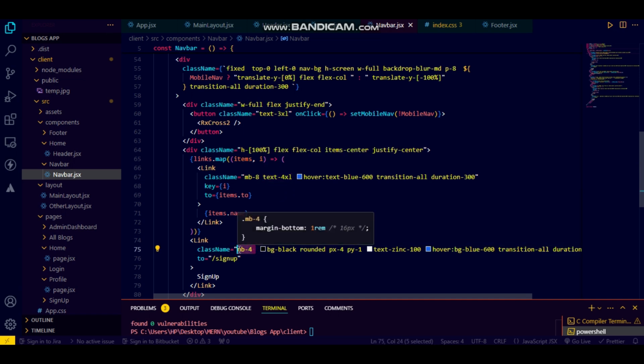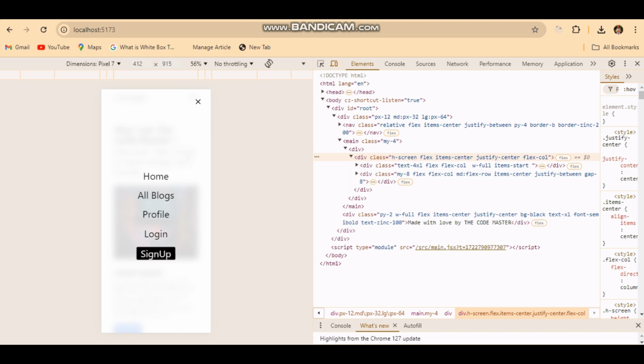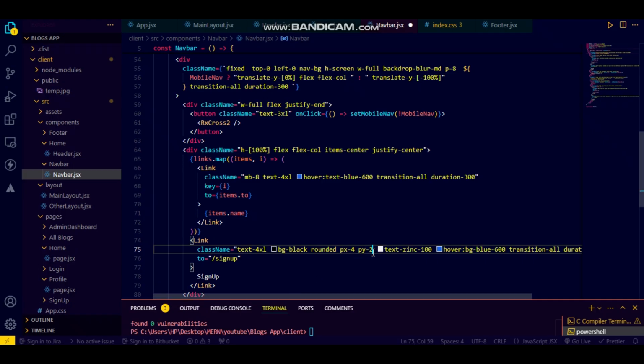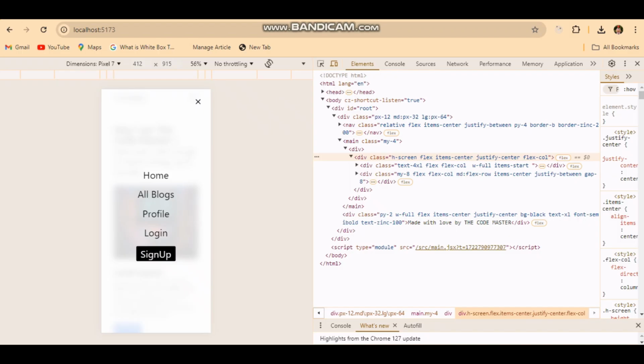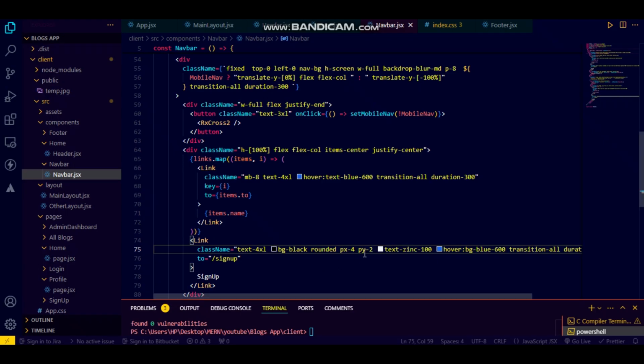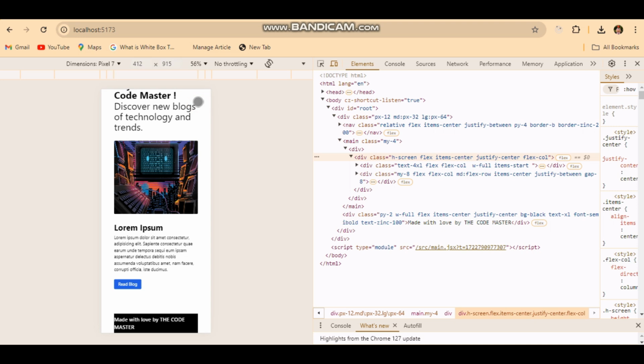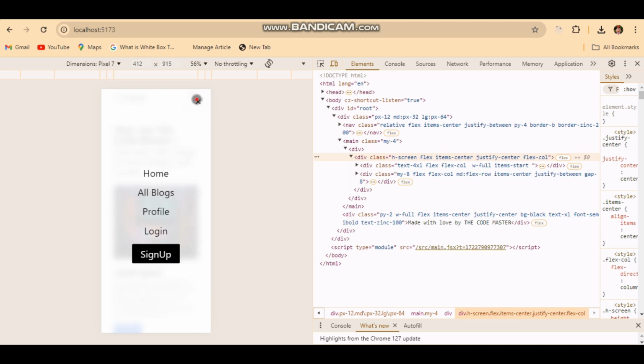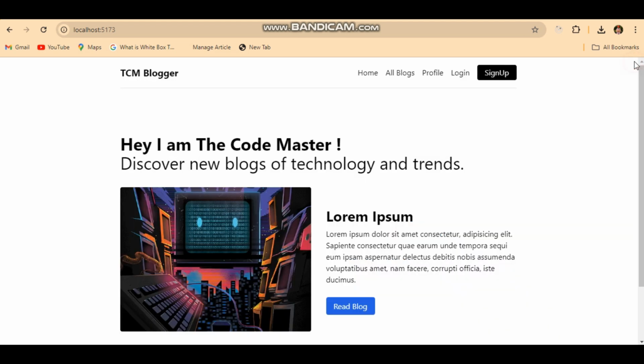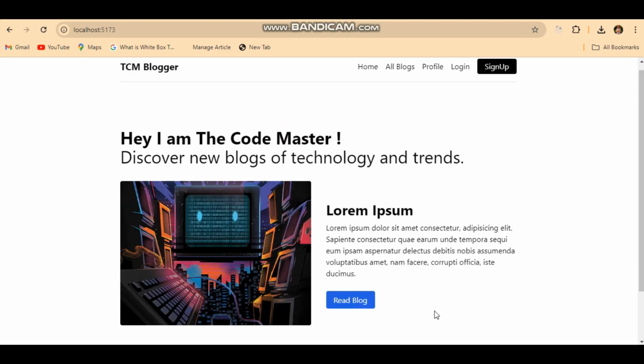Copy it and paste it here. Okay, so padding y 2 का आ जाएगा यार, क्या हो जाएगा. अभी सो पैडिंग एक्स यहाँ पे 4 की बजाय हम लोग 8 का रख लेते हैं. पैडिंग वाई को भी हम लोग 4 कर लेते हैं. This is something like this, and if I want to click on it, and we can see, yeah, that is the main part. Okay, so this is our blogs application, and right now just we need to fix the footer